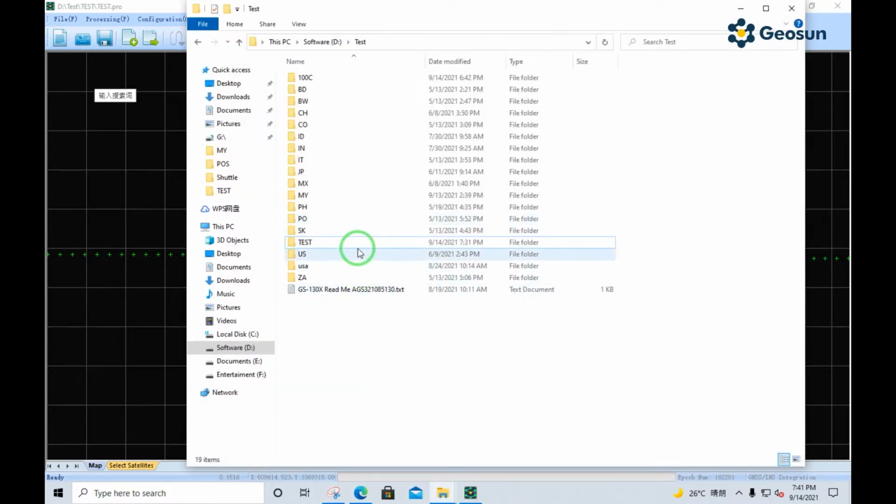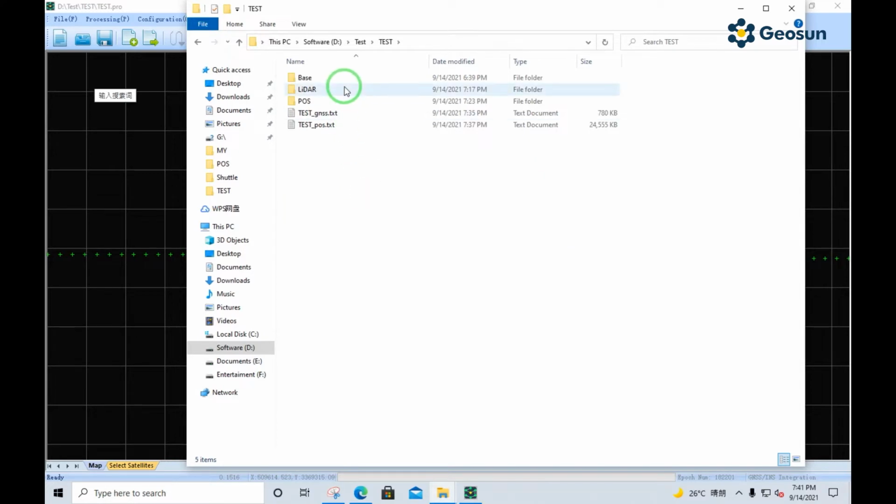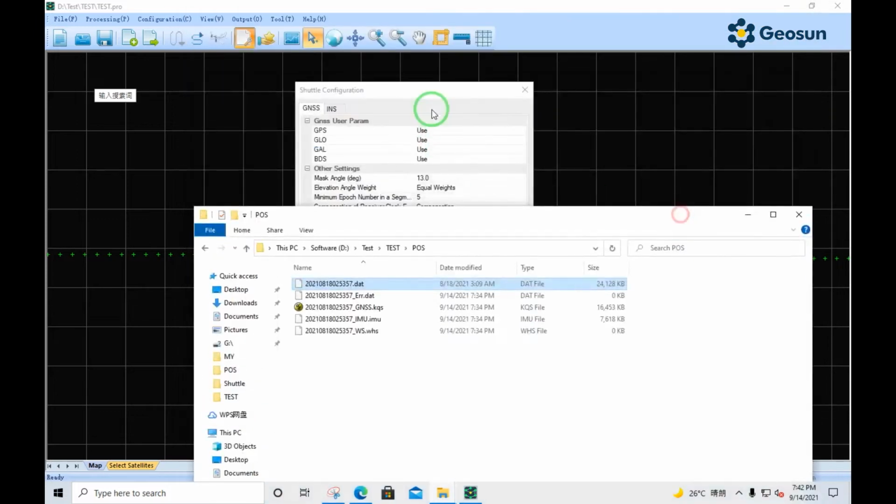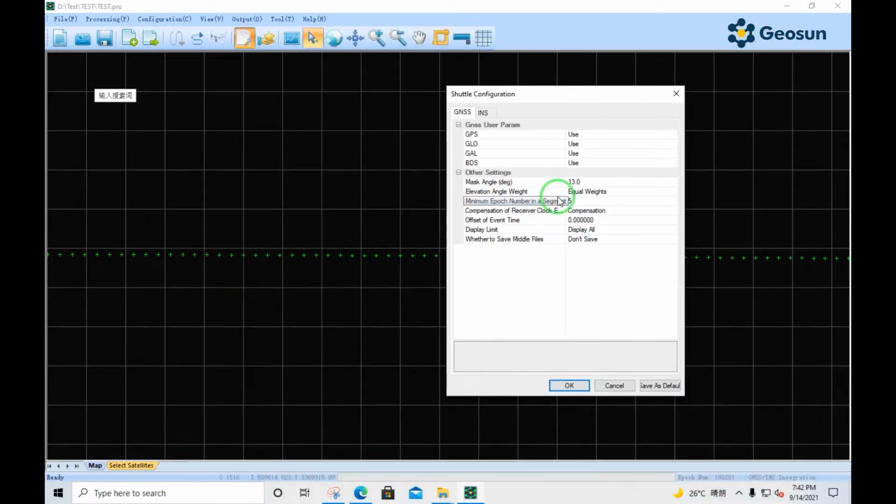Here we'll have a check of that in this directory. We'll find this is the original file. Actually, in this file, we already set the information about the configuration inside. Okay, firstly is GNSS